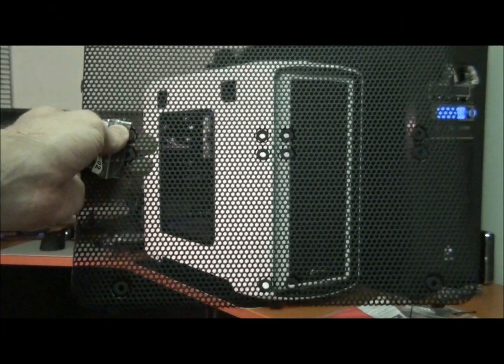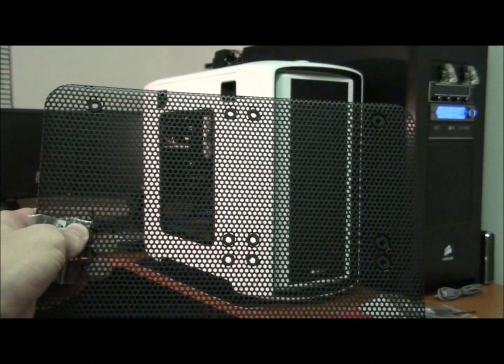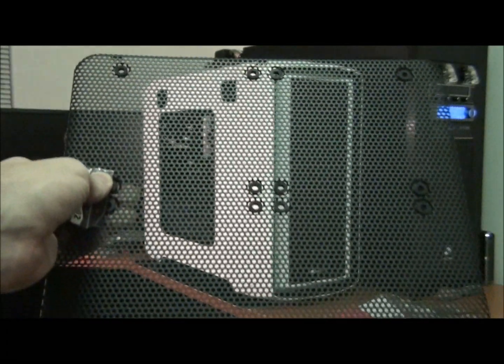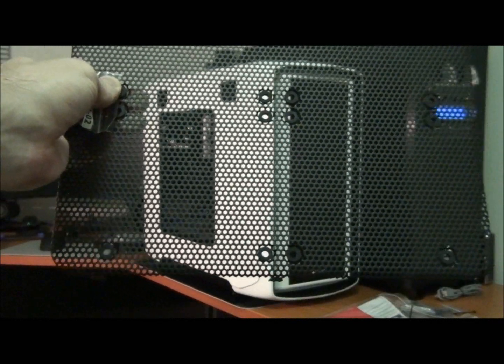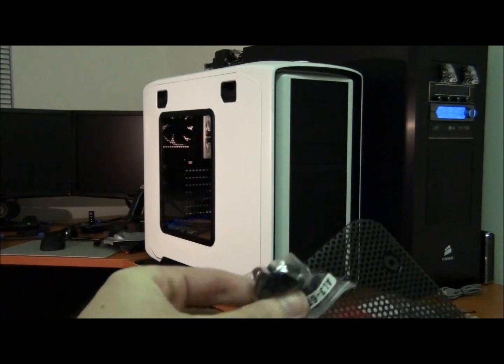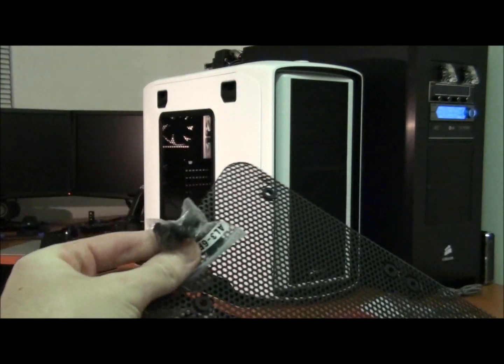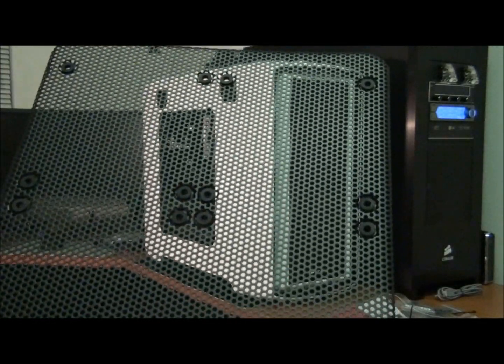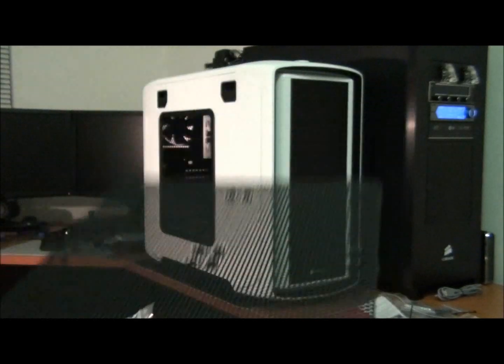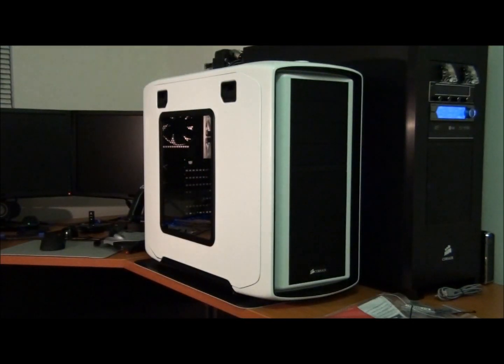Now you can actually put this in place of the side window. It's just a matter of removing a number of screws and you can put this in instead. So it comes with all the necessary screws to install the fans and install this panel. So if you're going to go for air cooling instead of water cooling, you could go for this high airflow side panel, because four 120mm fans blowing straight onto your motherboard and graphics cards is exceptional